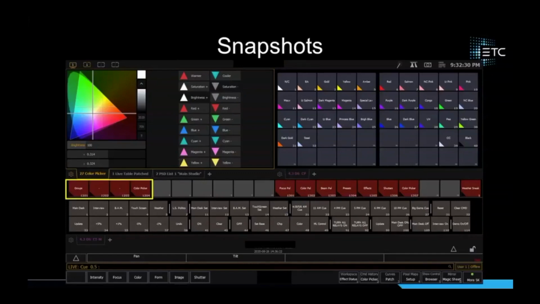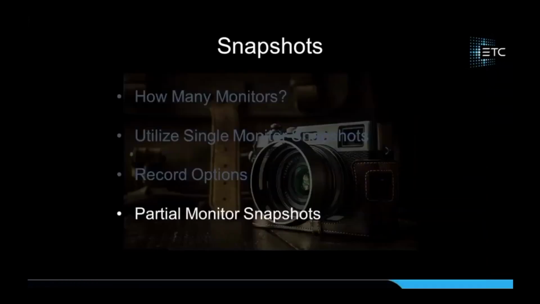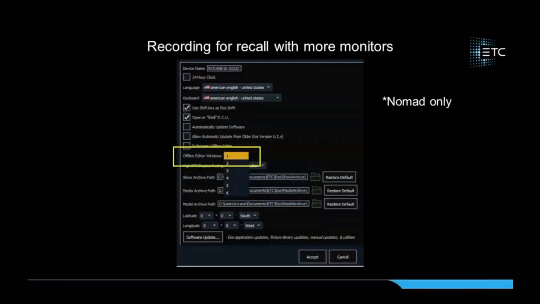The external monitors you can remap, and those tools are also found in the tab selection screen, called monitor mapping. So when you build a snapshot, whatever is on monitor 1 is going to play back on monitor 1. So just keep that in mind. If you're going to a console with internal monitors, 1's always on the right, 2's always on the left. Let me get back to where we were here. Okay, so